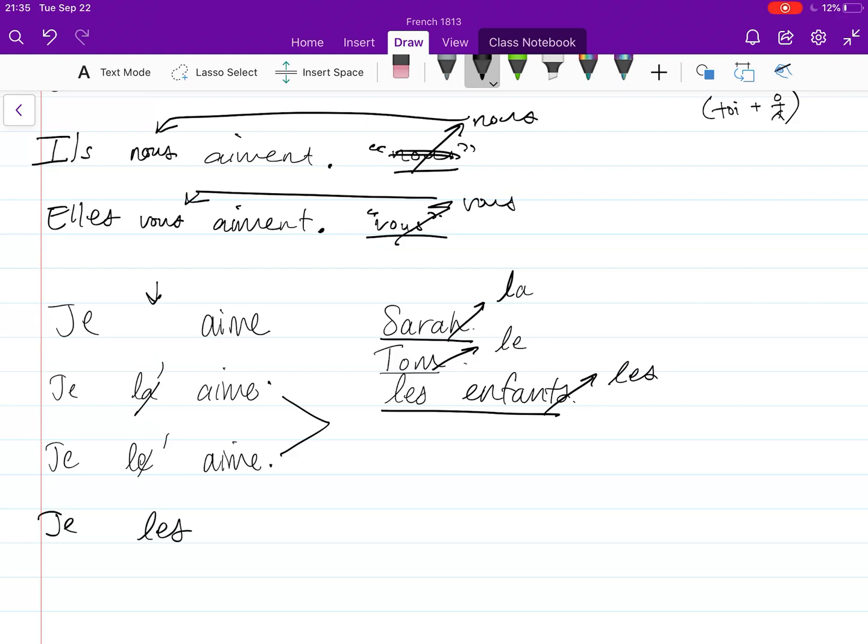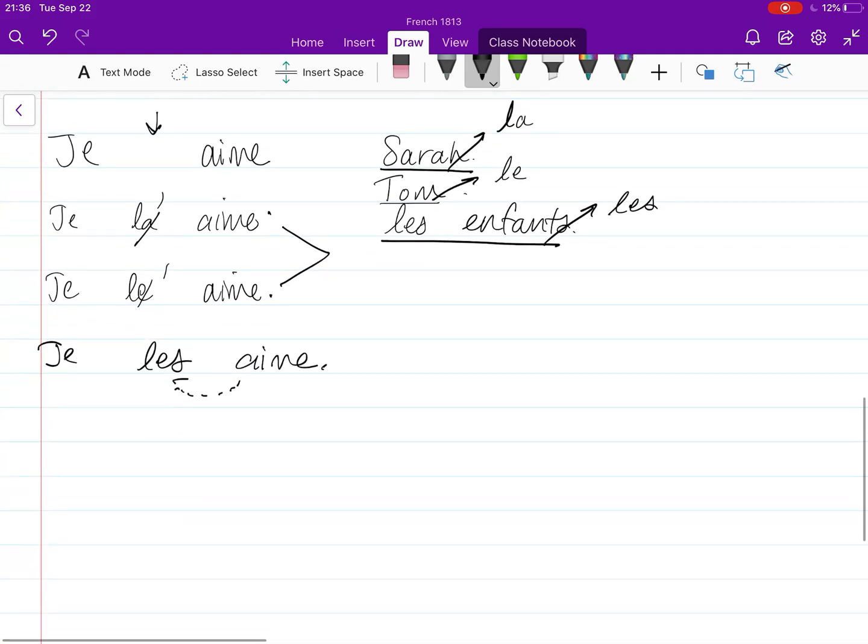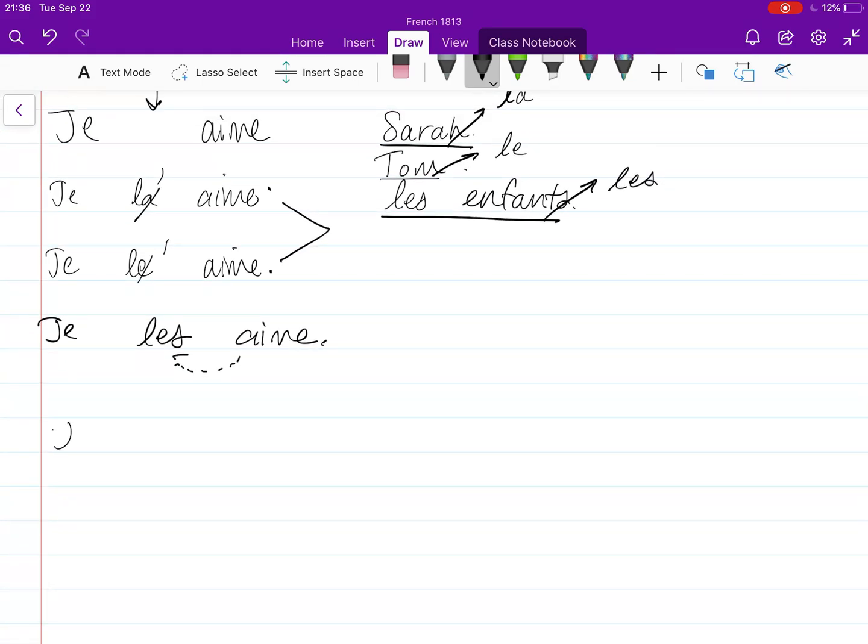Les enfants, plural, je les aime, I love them. I can't have a vowel problem here because I have a consonant, but I will do my little liaison here for pronunciation. Okay? So le, la, and les can stand in for people. They can also stand in for objects. So instead of saying, I like Sarah,